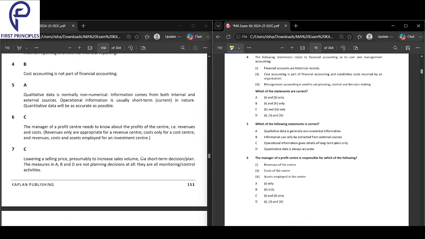Next, we look into the fourth question here. Which of the following statements relate to financial accounting or to cost and management accounting? So financial accounts are historical records. Okay, first of all, we will see